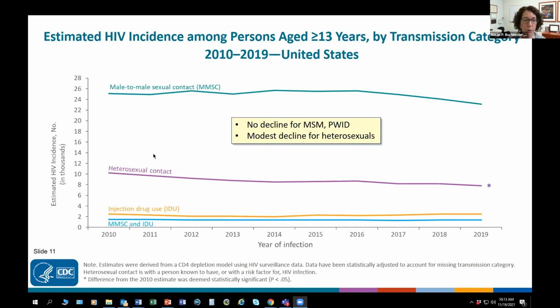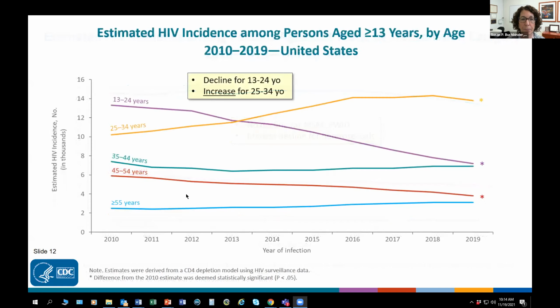Thought it would be useful to look at the trends over time. The asterisks show a significant either decline or increase. And so in this case, you can see that heterosexuals have declined, but it's a very gradual, fairly minimal decline. No decline in men who have sex with men or people who inject drugs over this 10-year period. What about by age? You can see we've had a substantial decline in the 13 to 24-year age range,